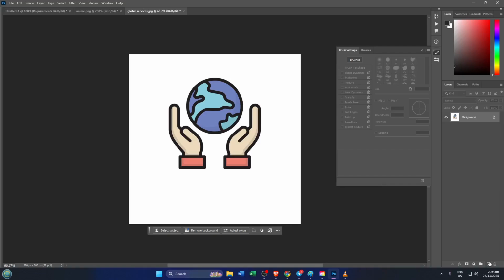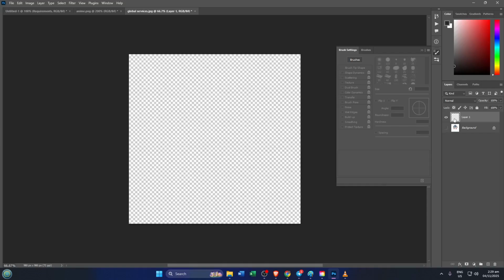Add a new layer by pressing Shift plus Control plus N, or by clicking the New Layer button at the bottom of your Layers panel. Creating a new layer lets you work non-destructively, meaning you won't accidentally mess up your original image if you need to make more changes later on. With your new blank layer active, paste the text you just cut out using Ctrl+V. This places the text snippet onto a separate layer, which gives you a lot more flexibility to move things around